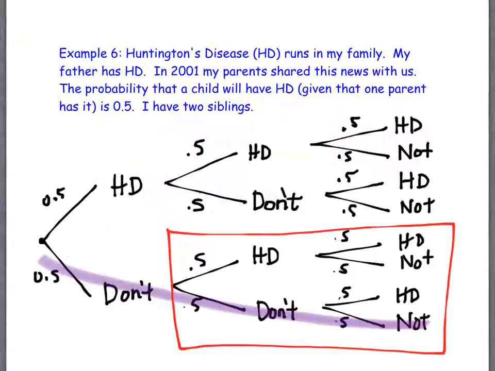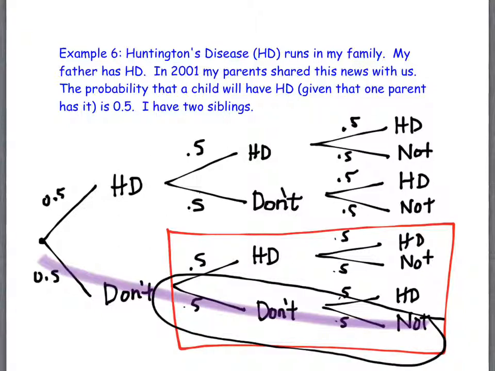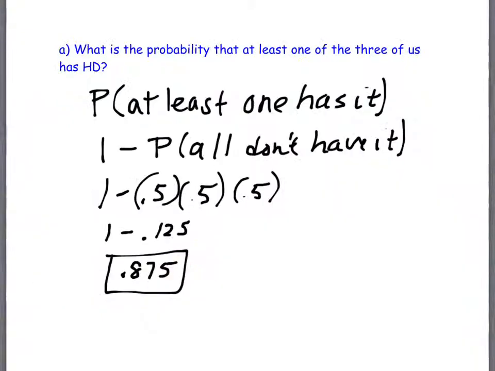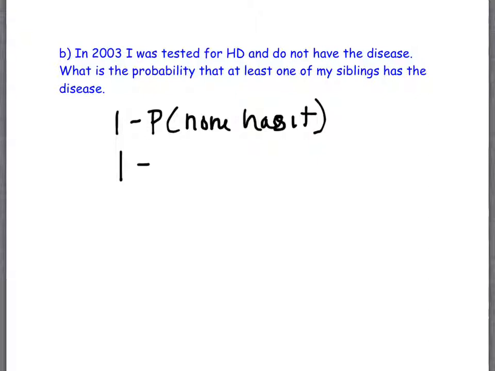It's still the highlighted branch at the bottom, but it's just 2 prongs of it. So what do I do? Multiply. Yeah, I multiply 0.5 times 0.5. So 0.5 times 0.5 is 0.25. And 1 minus 0.25 is